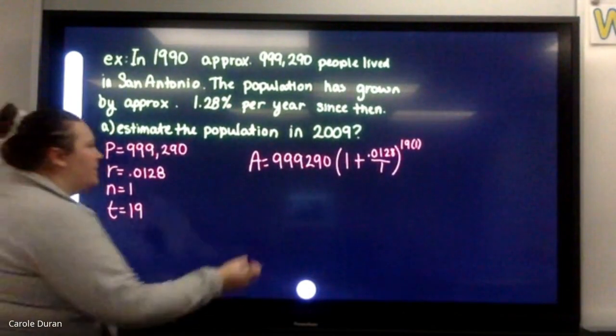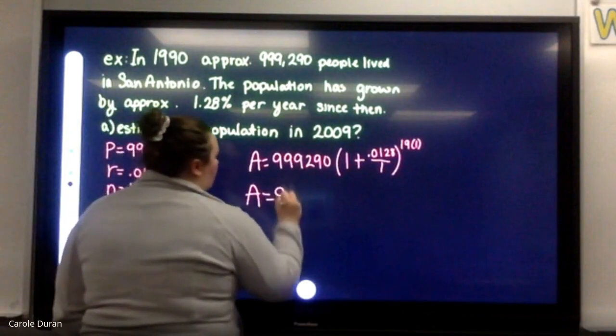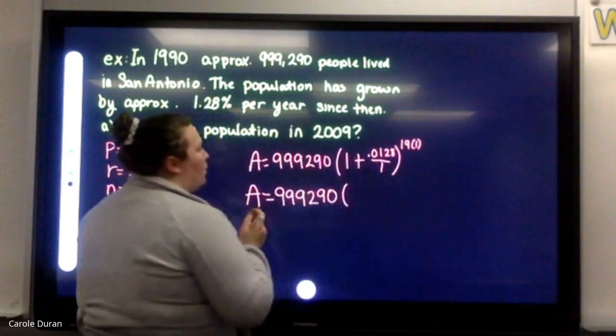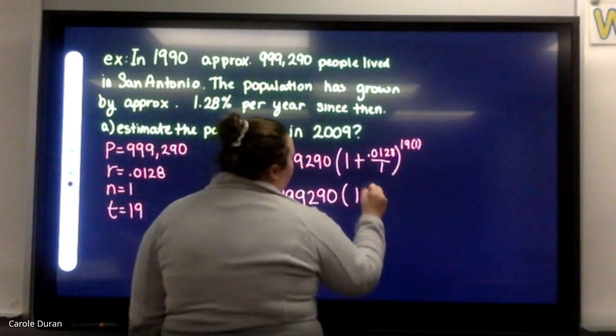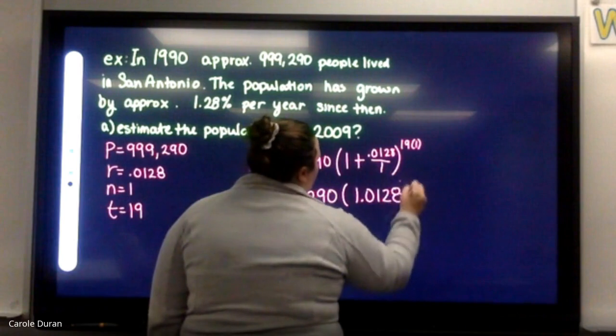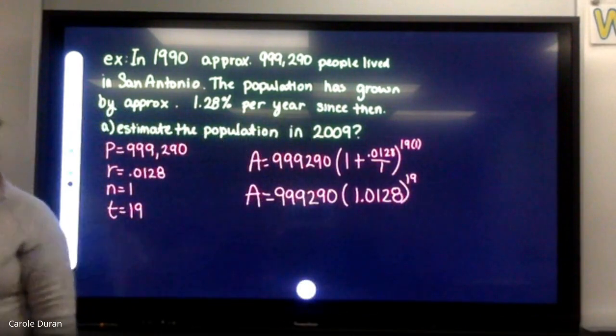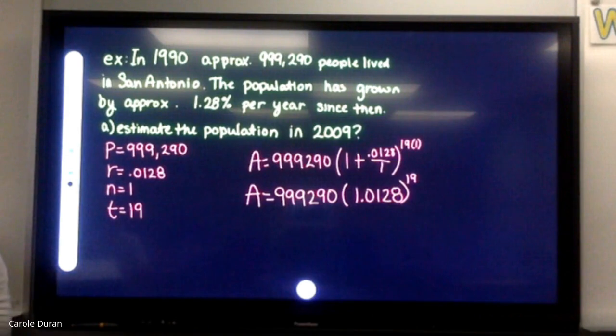Of course, we can simplify this. Put the 1 and the 0.0128 together to get 1.0128. And then 19 times 1 is just 19. You're going to want to do the parentheses to the 19th power first, and then multiply your answer by